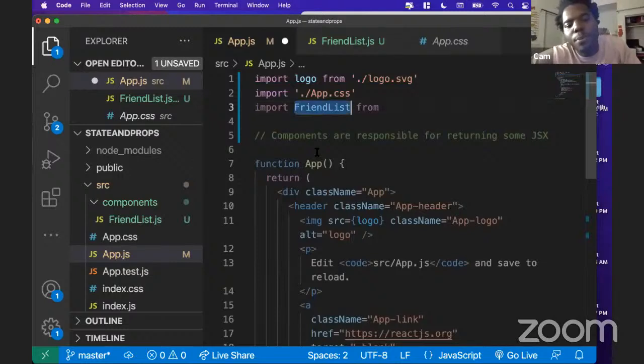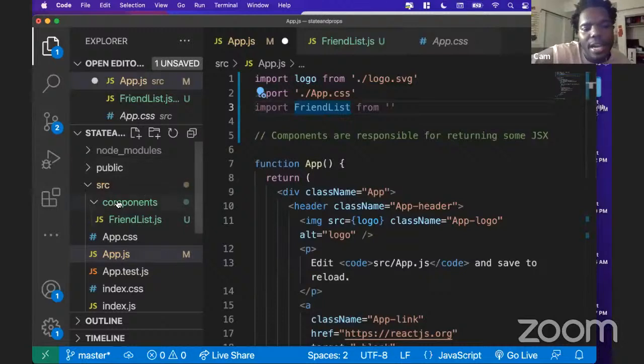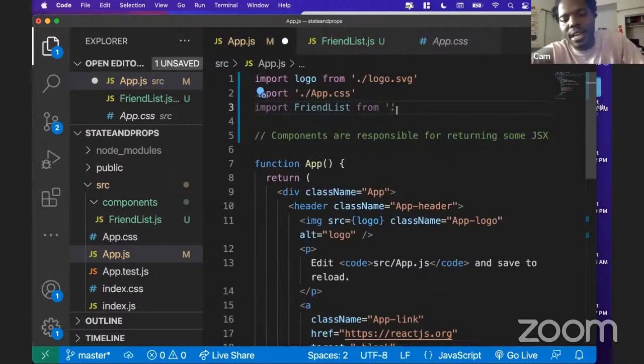So I'm going to import this object called FriendList from, and then you've got to pass in the path to the file that you're importing from. So clearly FriendList is inside of this components folder, and the app.js isn't inside of the components folder, right? The app.js is one level above the components folder. They're both inside of the source folder, but FriendList is nested in this components folder. So in order to target the FriendList file, I need to say ./